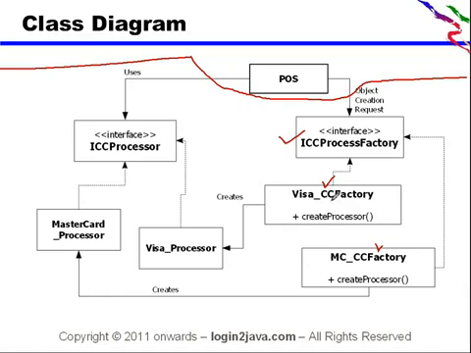So this particular factory will be used to create the proper processor, either the Visa processor or the MasterCard processor. These two concrete processor classes implement the interface credit card processor, which actually communicates with the credit card company to process the credit card. All that implementation will be within these two classes, which will be communicating with the companies,